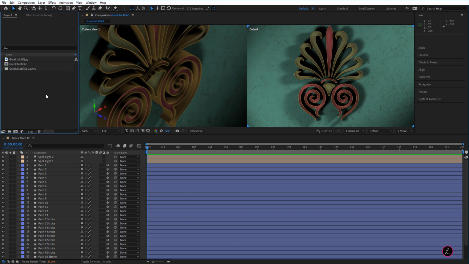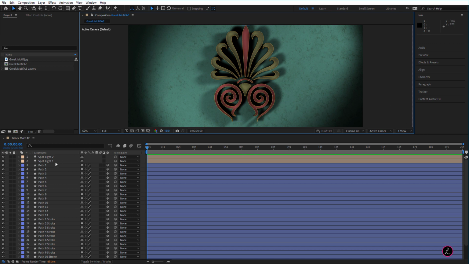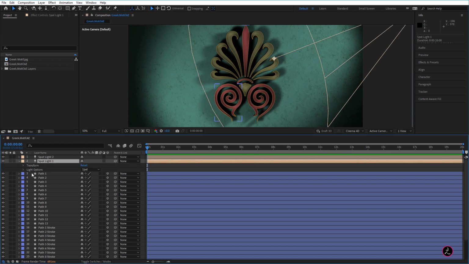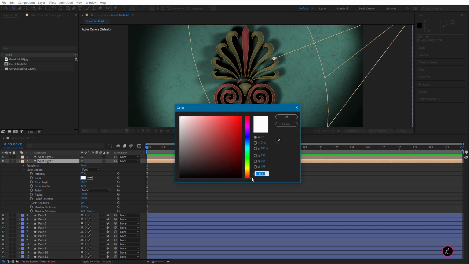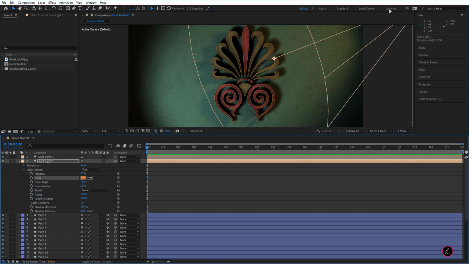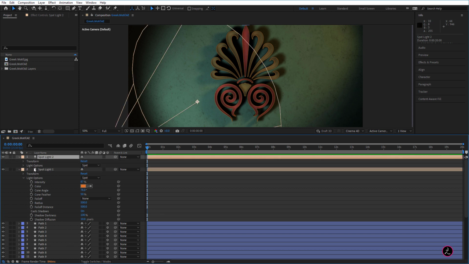The next thing I want to go back and return is the spotlights. But as you can see, there's a lot of illumination coming from both of these spotlights. So in this case, let's go ahead and switch back to one view. So I'm going to go inside the spotlight one, and under the light options, I will change the color of the spotlight to kind of an orangey color. Click OK. Now you're going to see a nice transition coming from the top here. I will do the same on the spotlight two.